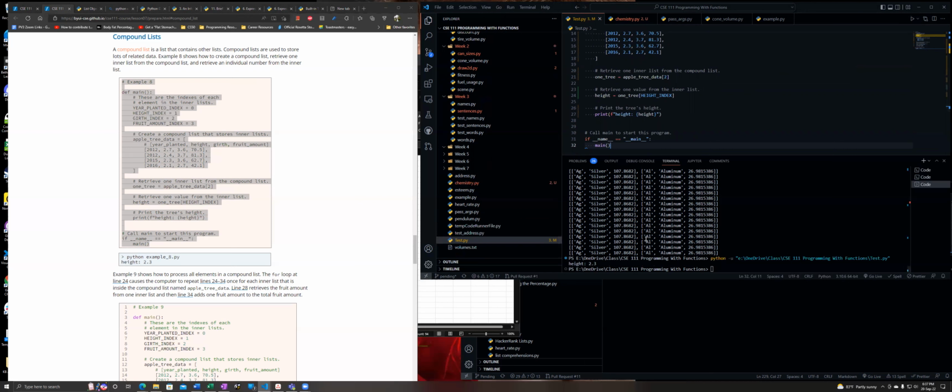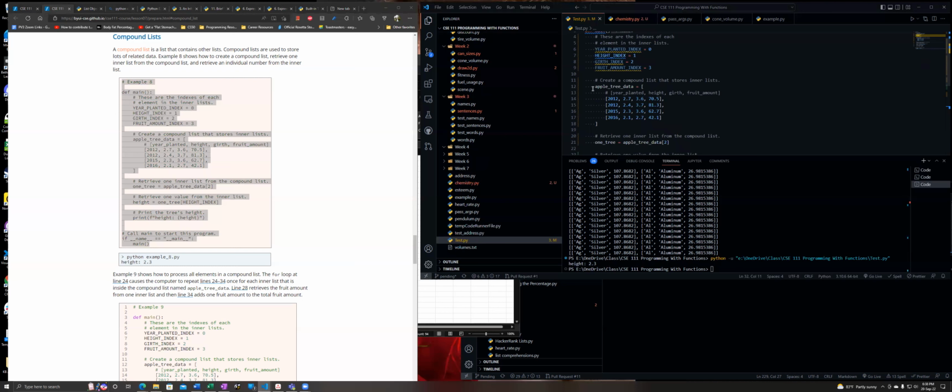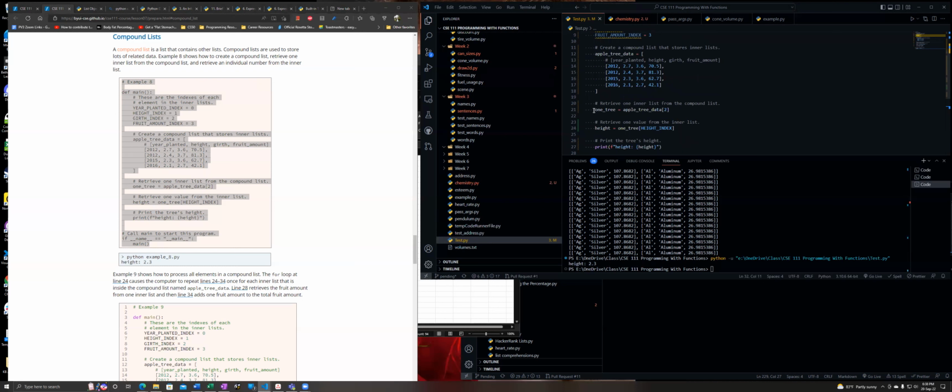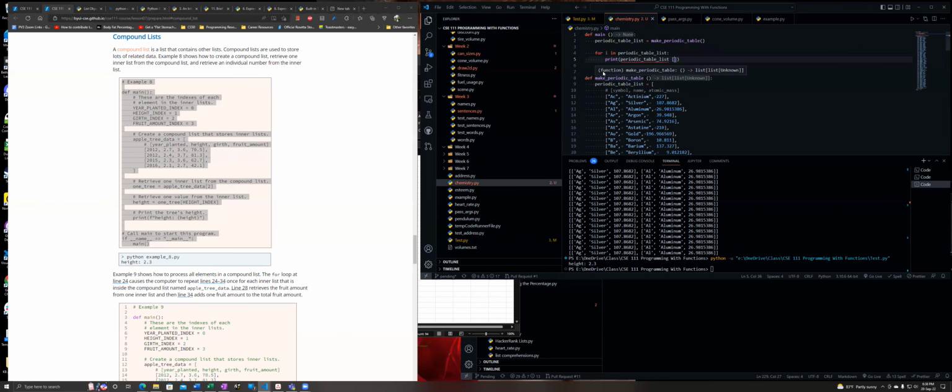Height 2.3. Let's modify this. Okay, so what they do is they set it to, that makes sense. So to pull the data out, they are assigning, in this case, index 2, which is this guy, to this. Then they previously said this is the index for the year planted, this is the height index, and then they just reference it here. So if I'm going to do something similar,